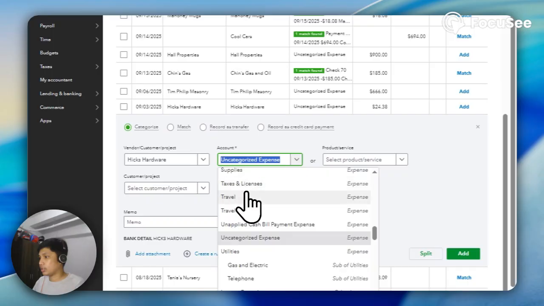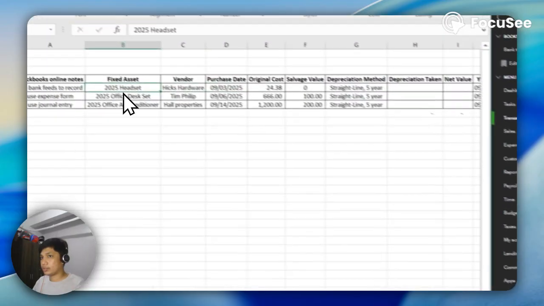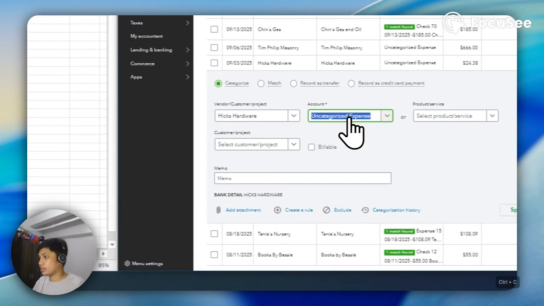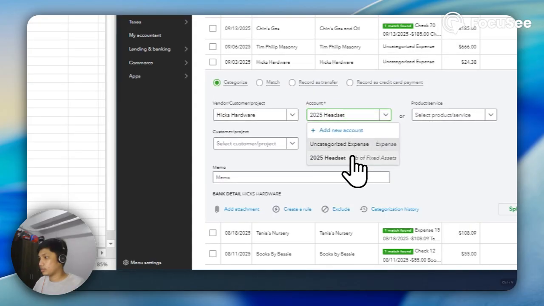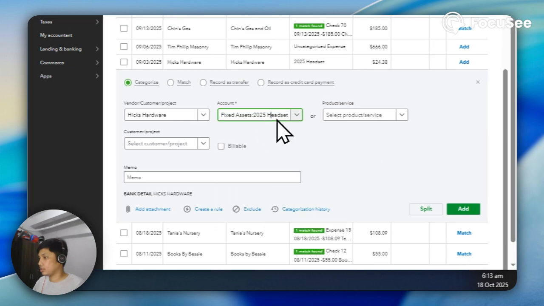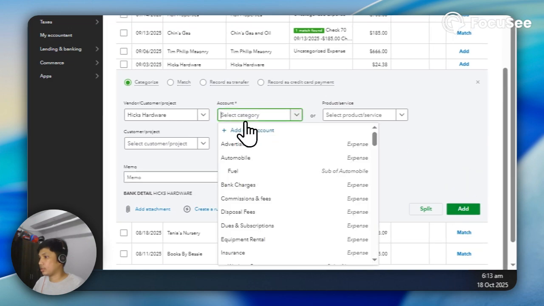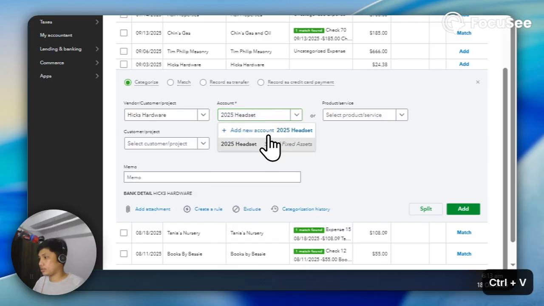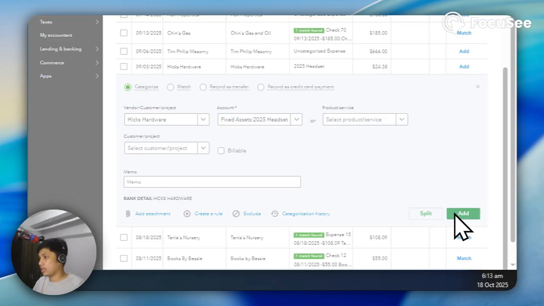Then I'll categorize it as 2025 headset. And then I'll add.